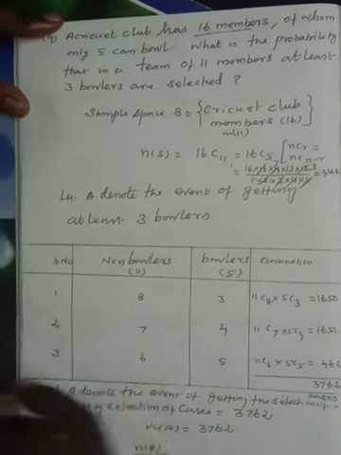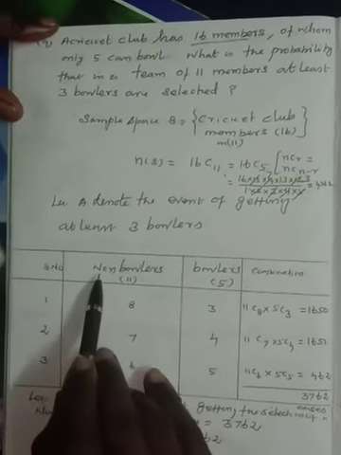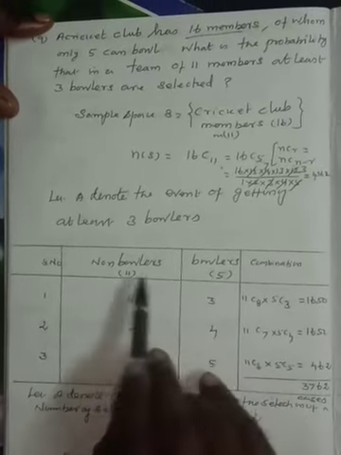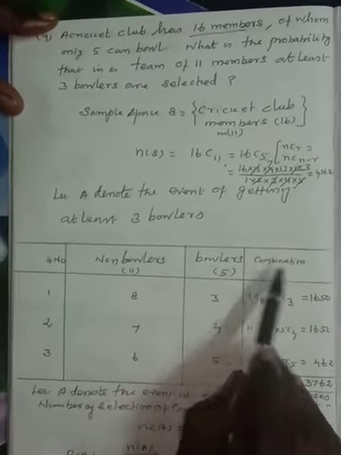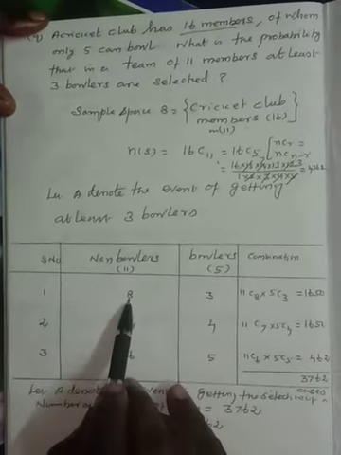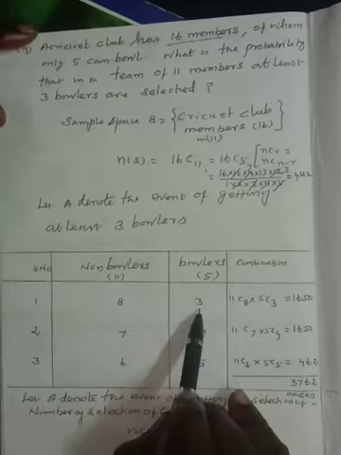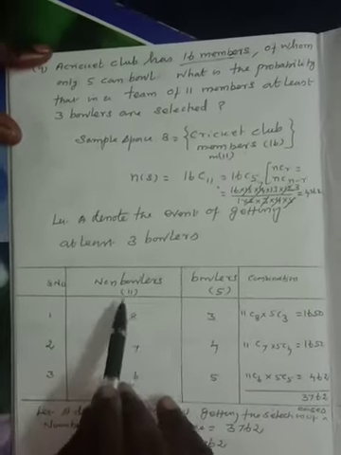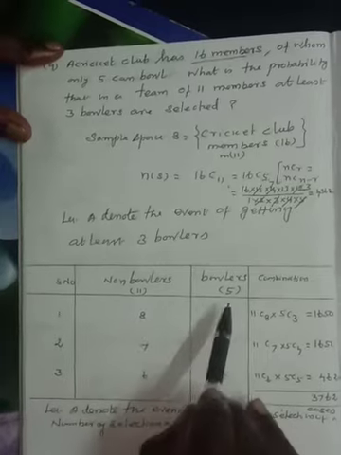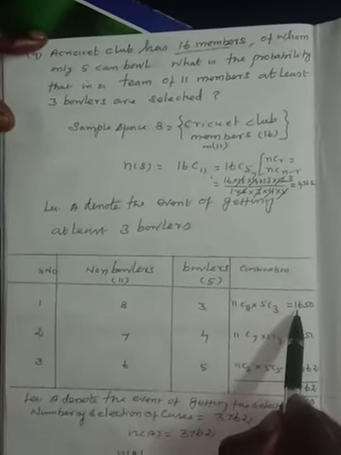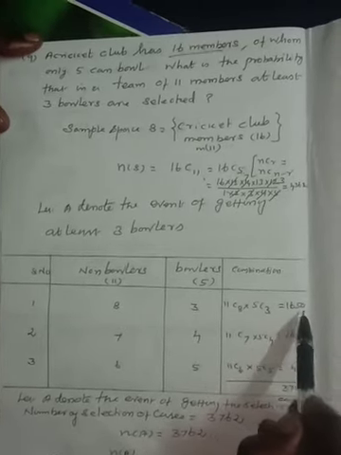The table is as follows. Serial number 1. First, non-bowlers 11, bowlers 5, totally 16. Then combination. Number 1: 8 non-bowlers, 3 bowlers. 11C8 into 5C3 is equal to 1650. Calculation is